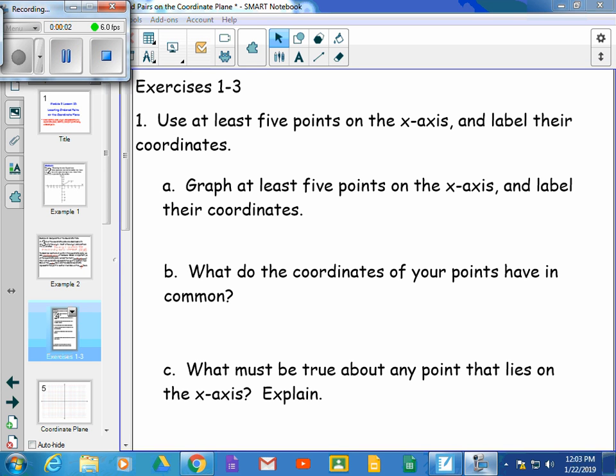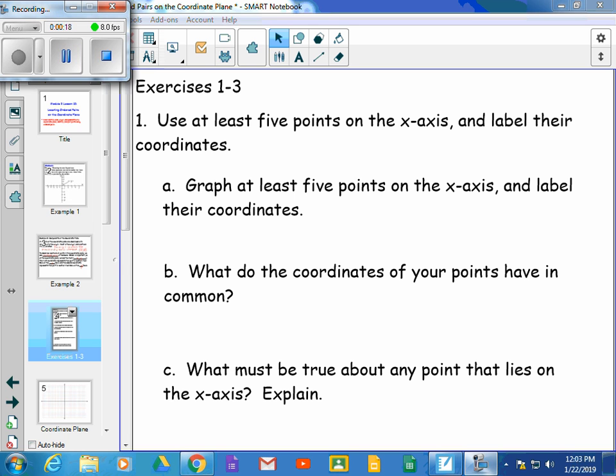Okay, let's go to the exercises. We're going to do some of these exercises together on the video, and then you're going to try some on your own and check on the video after you're finished with those. Let's do exercise 1A, B, and C together so that you guys know how to do exercise 2A, B, and